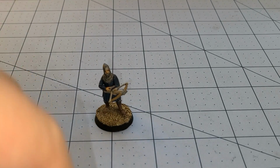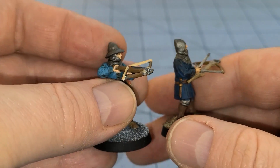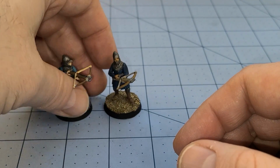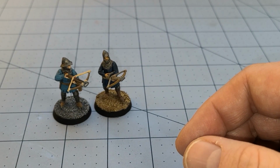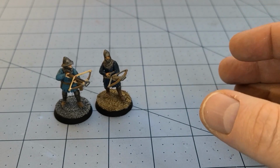Alright, so we went ahead and started building up some of our infantrymen, and well, I'm pretty pleased with the results. So I went ahead and started actually painting a few in a rather slipshod, sloppy manner, and got a couple of crossbow guys. And like I said before, it's been a bit since I started building these and painting these. My goal was to use these as just a generic catch-all set of